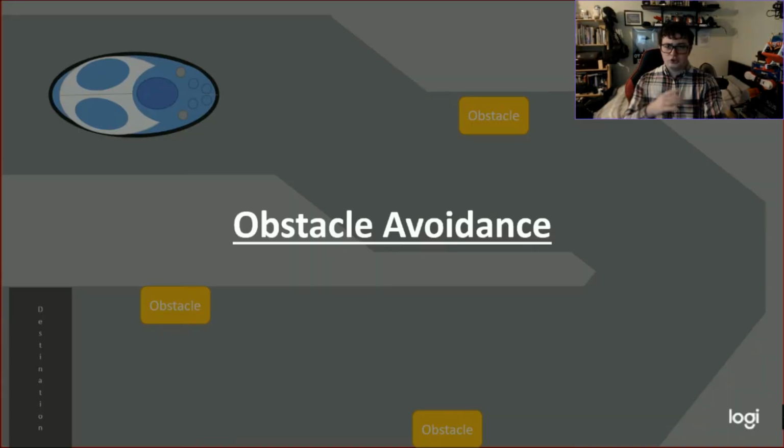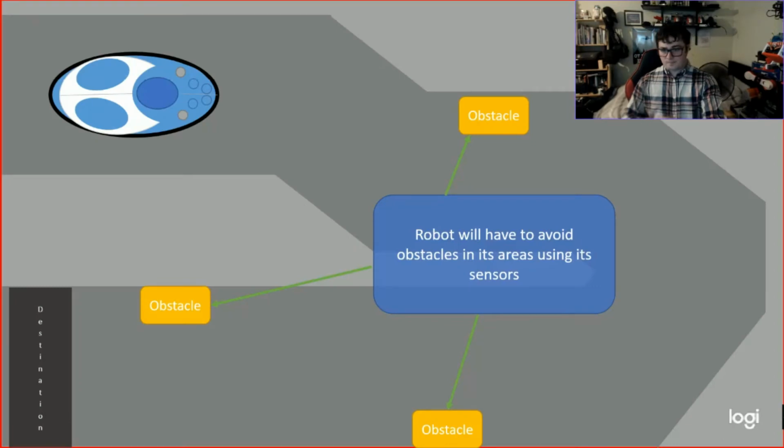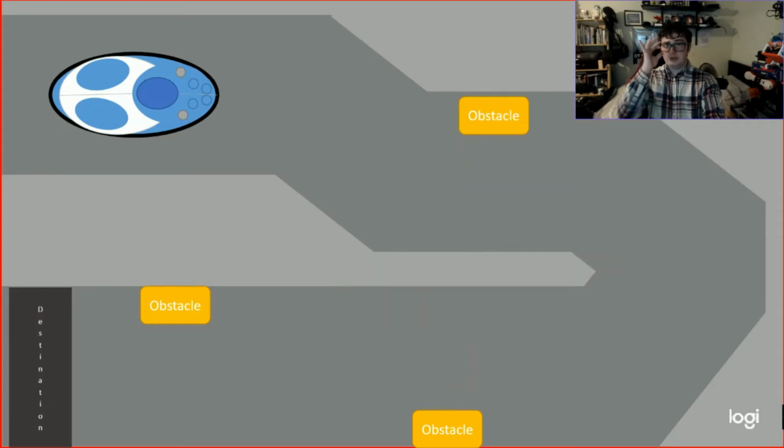So let me actually show you some things, because the whole idea about this robot is obstacle avoidance. I kind of set it off. It uses its sensors to try to avoid objects. So let's say we build some sort of test area. I'm going to build one in Unity. I've been learning that, and that's been quite cool. I want to learn more in terms of object-oriented programming, and we did some at uni. I wanted to go further with it.